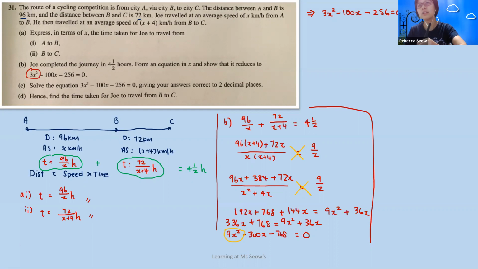And yes, we did manage to show that it reduces to this. So I'll put down "shown" to tell the examiner or the marker that yes, I managed to show what you have asked me to. Okay, and for C, we'll try to solve the equation, giving my answer to two decimal places. So given this,